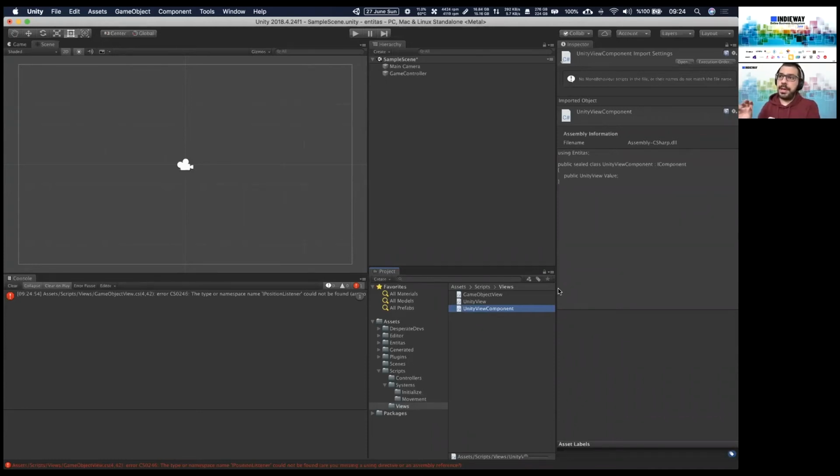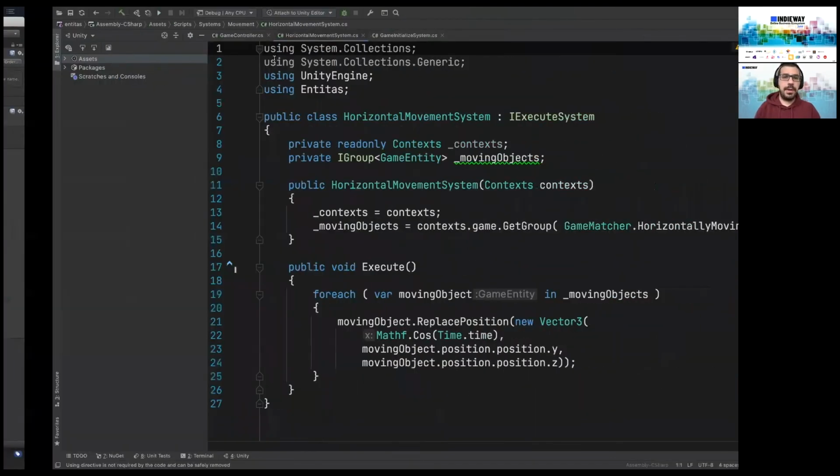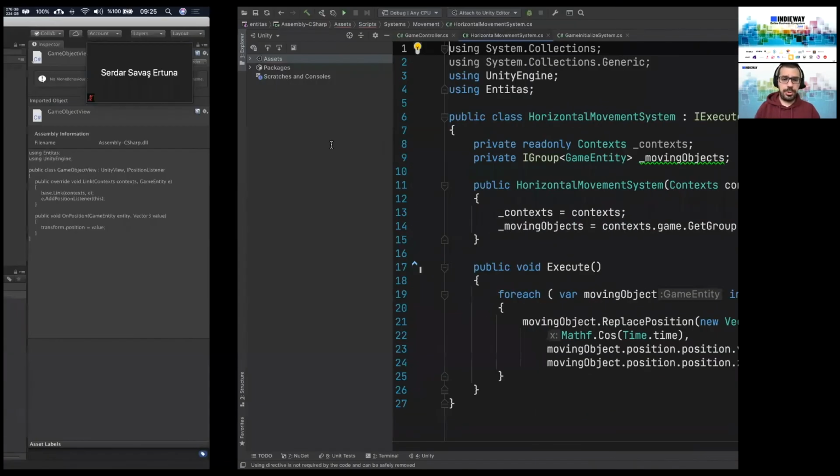It is a component that you can put on. It will just create a connection with the entity, and the mono behavior is for the mono object. This is the extra, for the position changes of the entity, and it will change the game position.